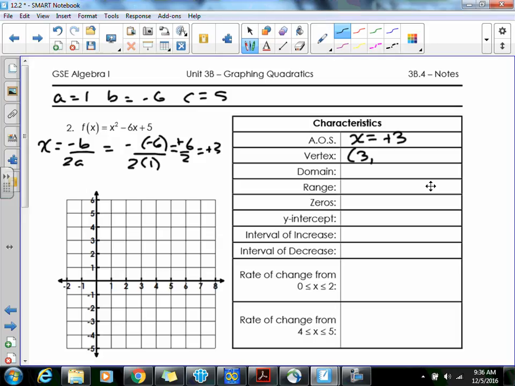For every x coordinate, I must have a corresponding what? y. So in order to find y, I've got to put x where? Into the equation. So I'm going to put 3 here for x. So I'm going to find f of 3 for y, which is 3 squared minus 6 times 3 plus 5. So I do that math, and while you're doing that math,